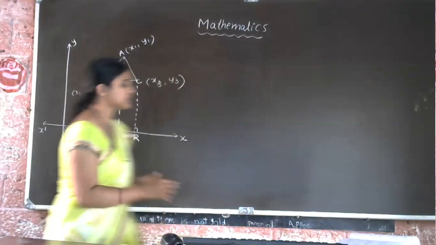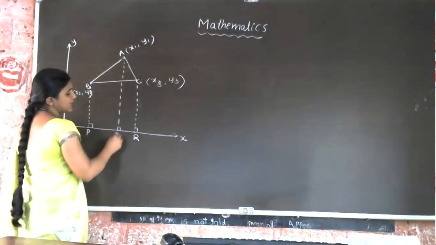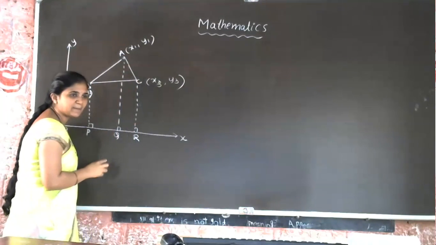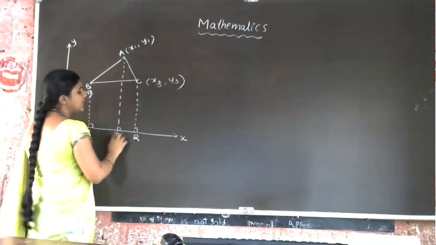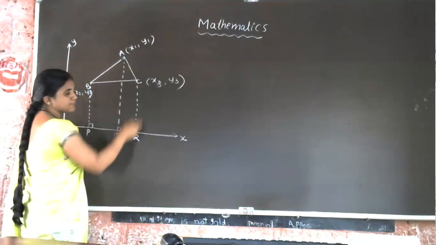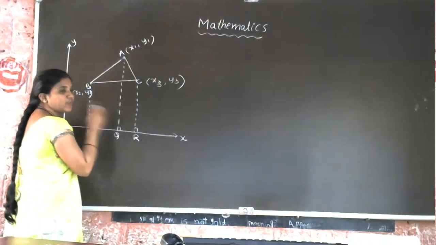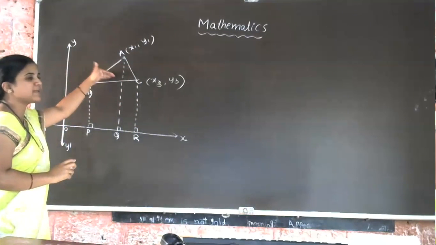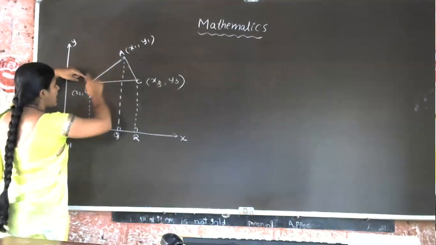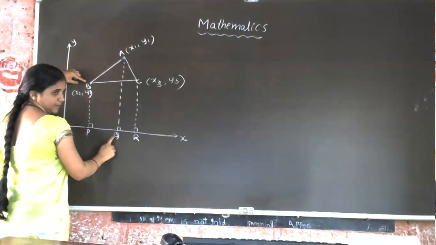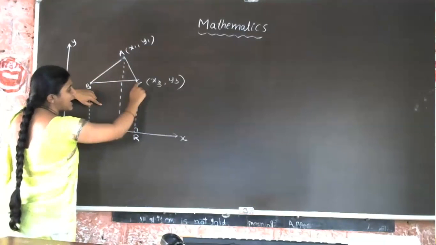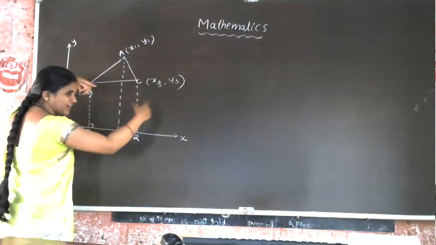Now you just take this one, AQRC. Can we take AQRC is also a trapezium? Yes, AQRC is also a trapezium because this line is parallel to this line. So what we have to do? We need the ABC triangle area. You just take the area of this ABPQ trapezium plus the area of AQRC trapezium. Then what we have to do?